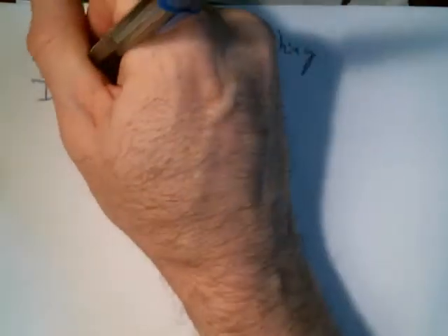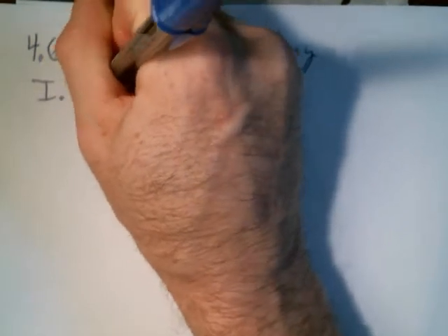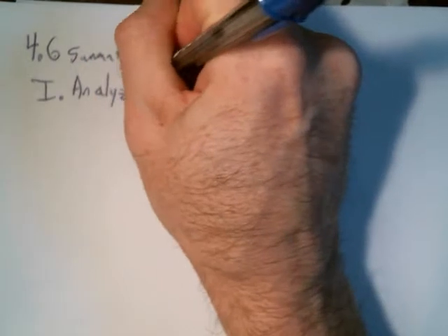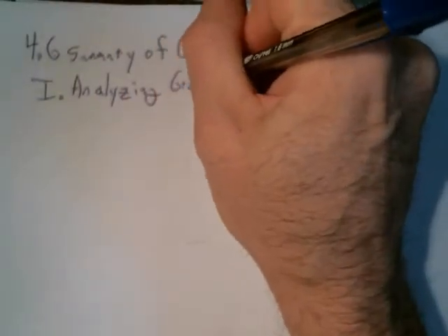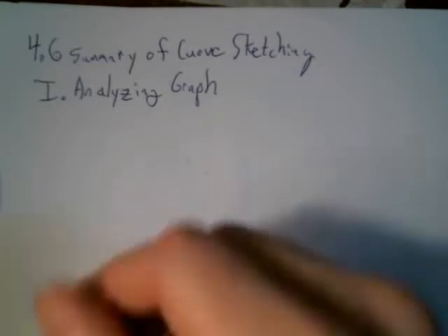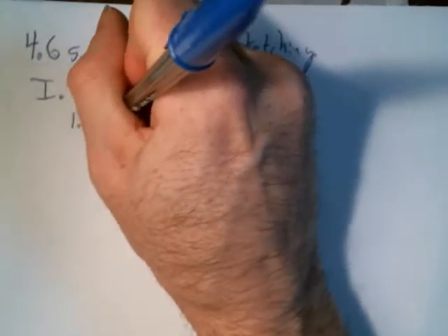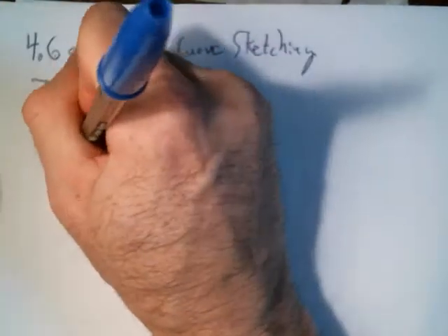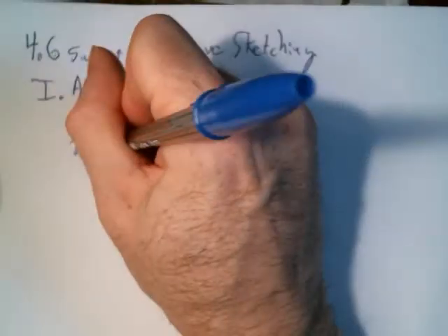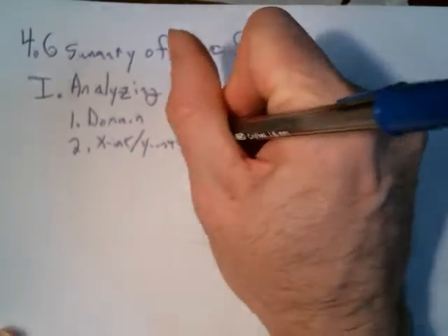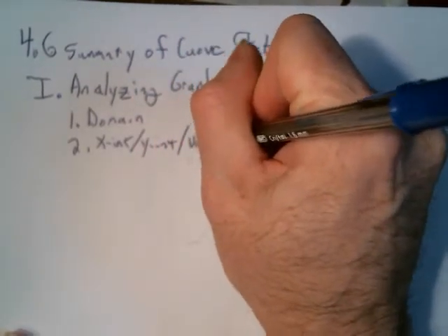Okay, so the process I'm going to ask for you to do on a test or a project will be the following. And it may differ from the book a little, so please pay attention to what I'm saying and don't go rogue on me. First, I want you to identify the domain. Secondly, get the x-intercepts, the y-intercepts, the vertical asymptotes,